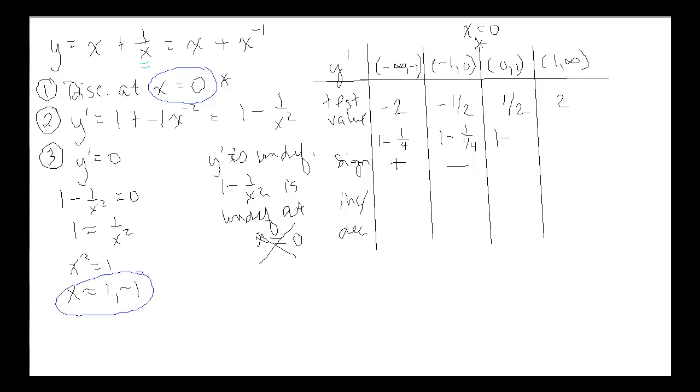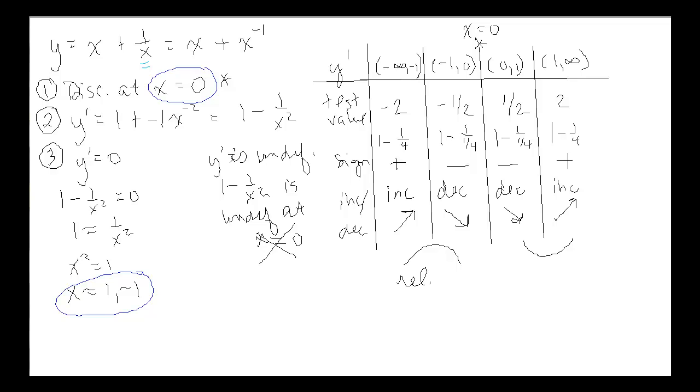We get the similar situation here with 1/2. 1 divided by 1/4. So 1 minus 4 would be negative. And then 1 minus 1/4 for the last one would be positive. So I'm increasing and decreasing, and I have that break in my graph at x equals 0 because I have a discontinuity. And then I go from decreasing to increasing. So if we sketch this out very roughly, I have those two things going on there with that break in the graph at x equals 0.